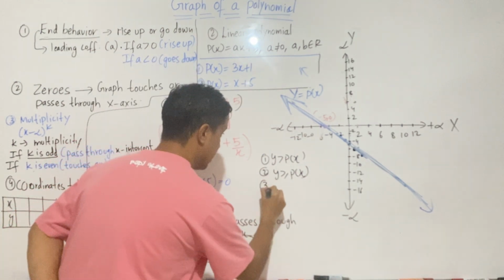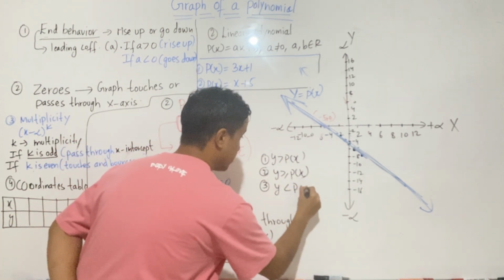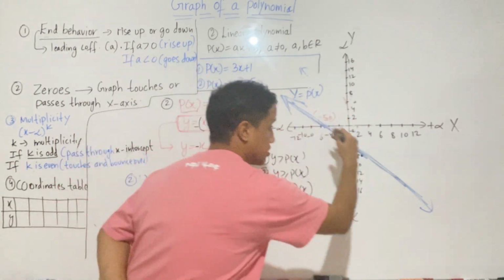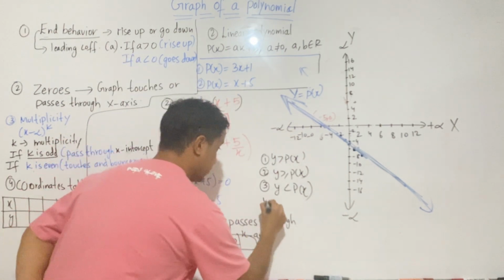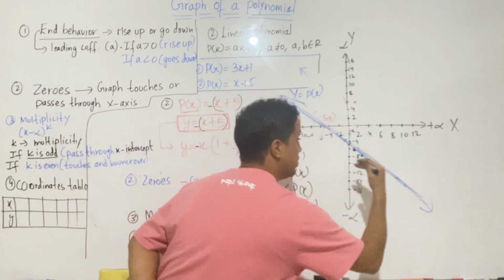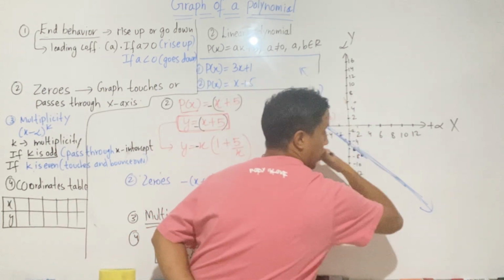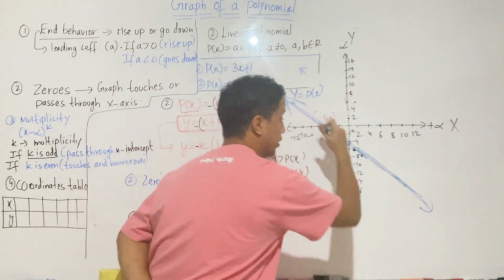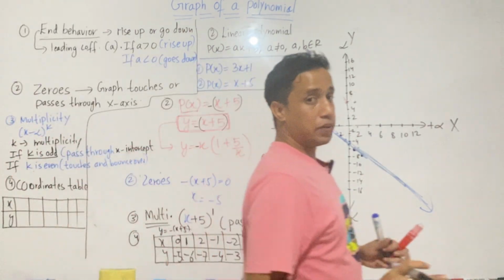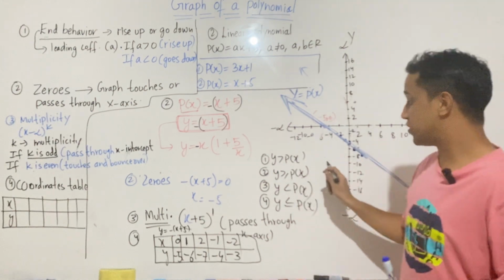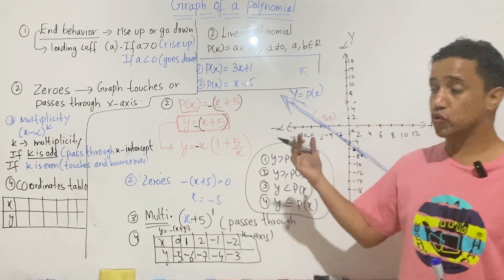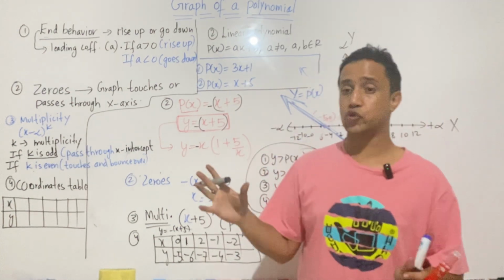Then number 3, y less than p(x) means the region below this, but the curve is not included. And number 4, y less than or equal to p(x), again the same region below the curve, but the curve is included. Okay, so I hope we are discussing the inequalities too, so that later on we do not need to create separate